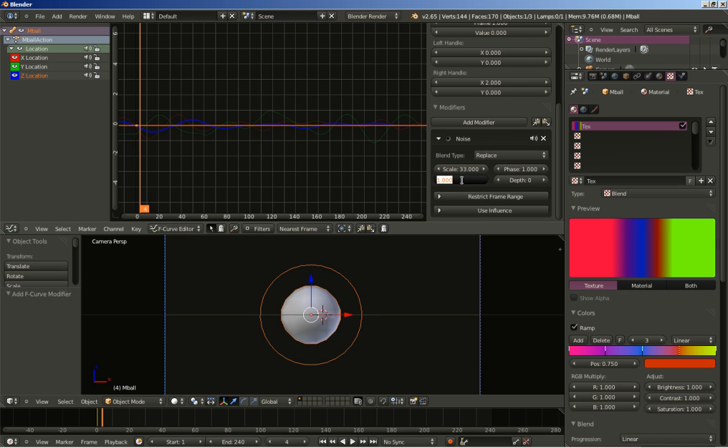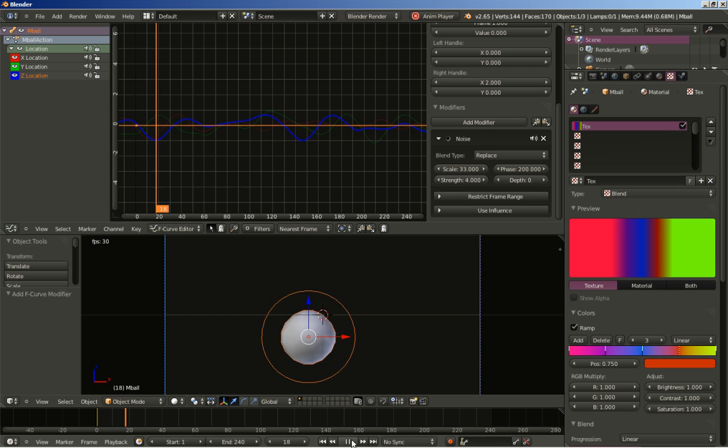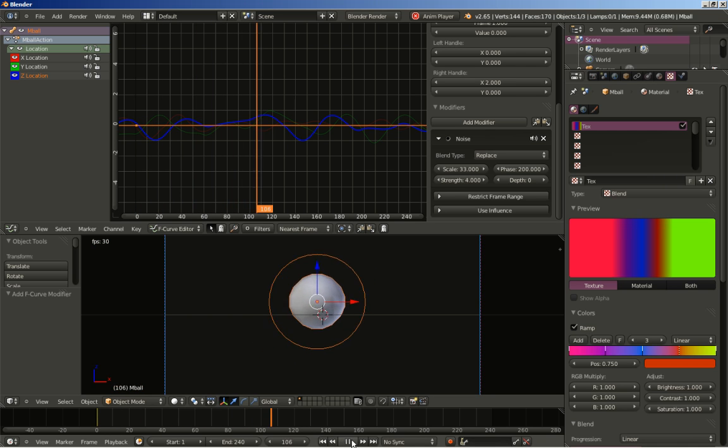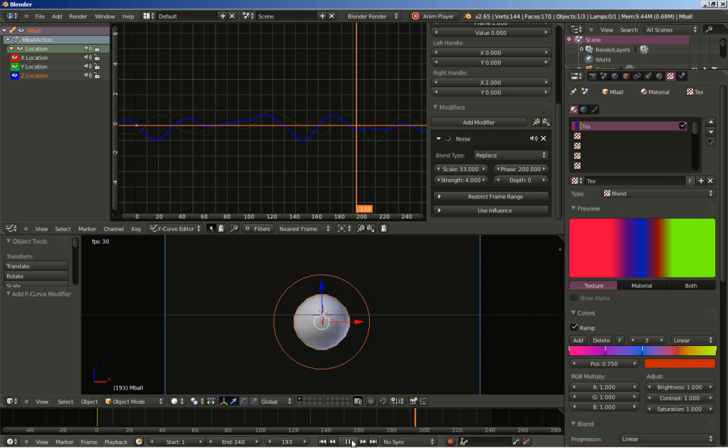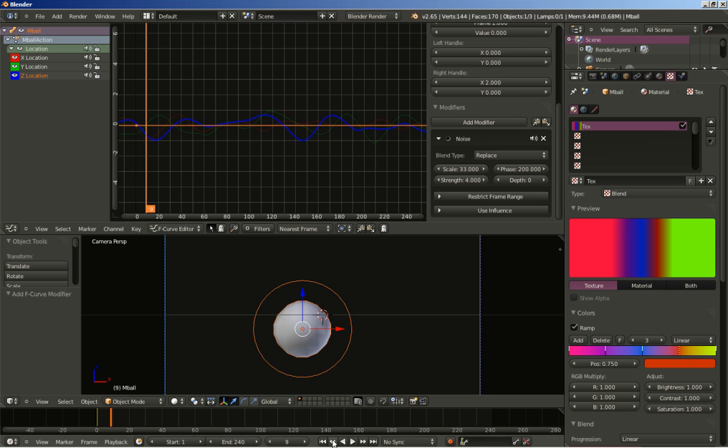I'll increase the strength, set it up to 4, and change the phase. Let's change it to about 200, okay. And if you click the depth option here, just for you to see, you can see that we're getting more detail at the noise at the graph editor. But for this one, we want a really smooth motion, so I'm setting the depth down to 0 again. And moving back to frame 1, let's see how this one looks. And you can see that we're getting a nice smooth motion for our metaball objects. Okay, moving back to frame 1,